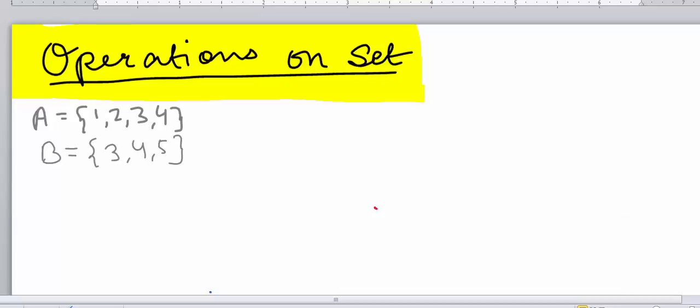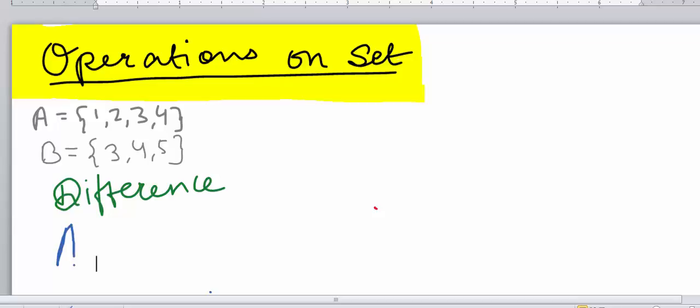Now let's see the third operation, the most confusing one, that is difference. Okay, so for any sets A and B, the difference, let's say A minus B,